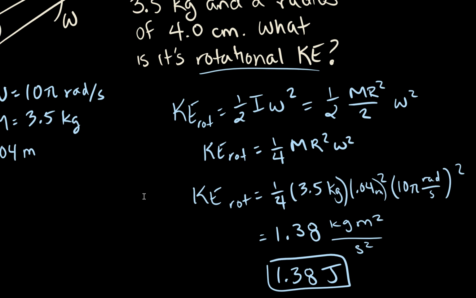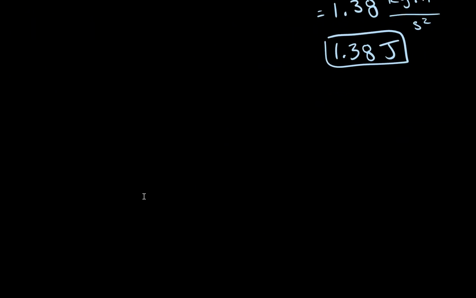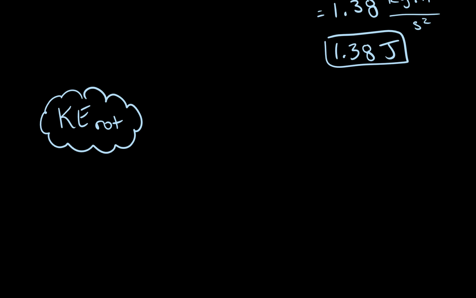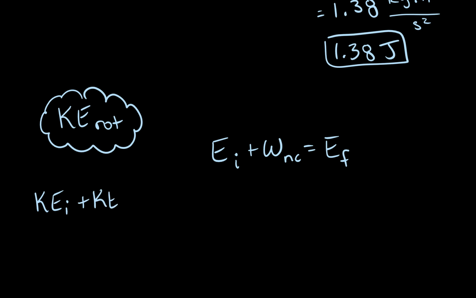The last thing I wanted to talk about in this video is that now that we know about rotational kinetic energy, that can just be added to our energy equation. So we have energy initial plus any work done by non-conservative forces equals energy final. This is recalling from a few units ago when we talked about energy. But now we have one more type of mechanical energy that we can add to our conservation of energy equation. So now we have regular kinetic energy initial, plus kinetic energy rotational initial,